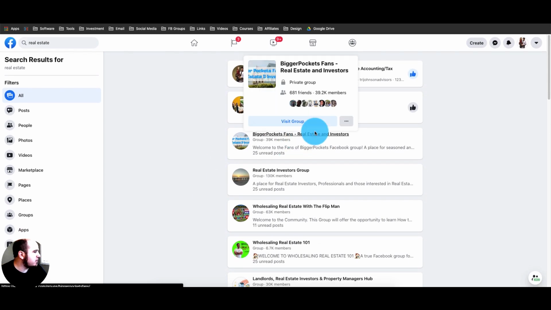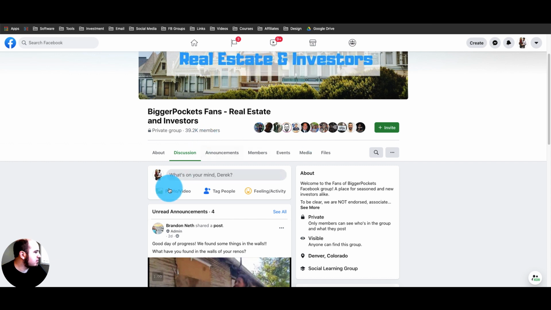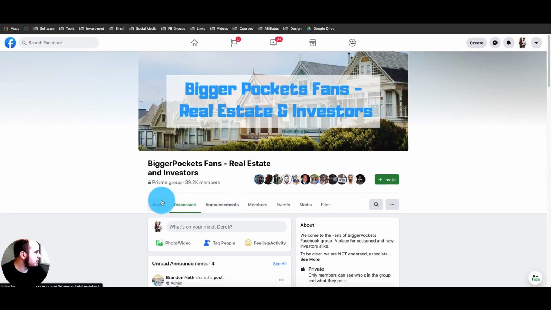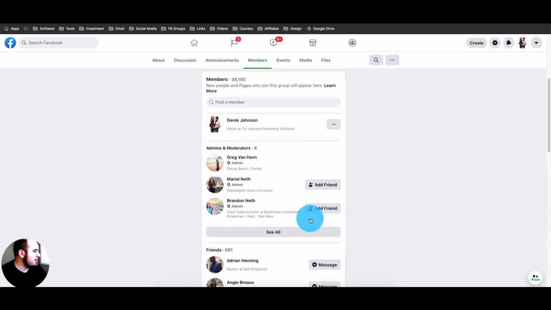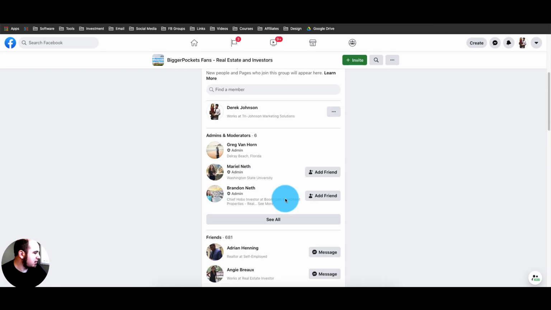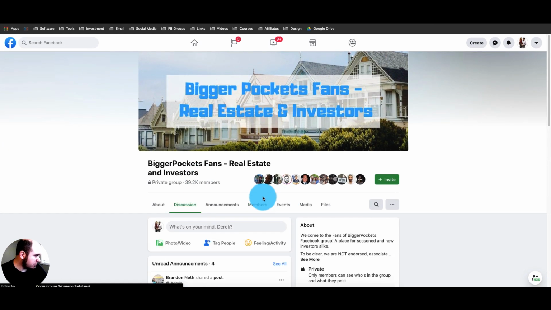And what we're going to do is actually go into these groups, and you can join the group. If it's a private group, you will have to join it. Some of them are public. So if it's a public group, you really don't even have to join. You can just come over to the members tab and do this same process. But what we're going to do is, once we're in these groups,